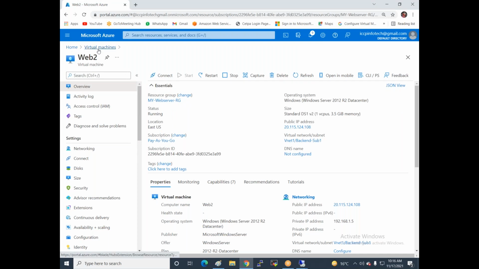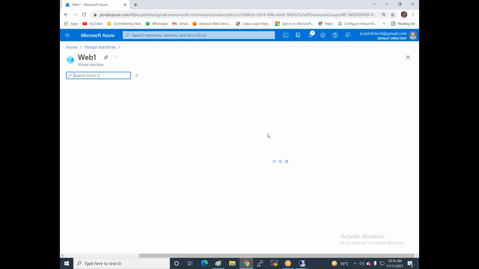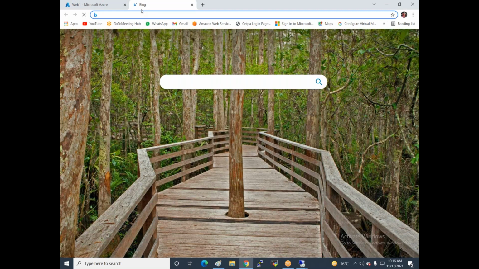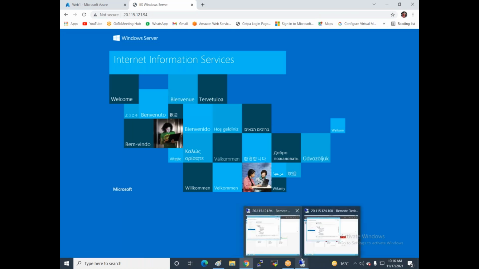So now at this time you can see the web server 1. I'm coming in web server 1, and you can see the web server 1 IP is this one. Now if I paste this IP in a browser, you can see that the default web page is open. Now I'm going to delete this web page.